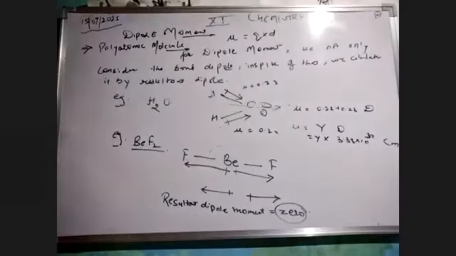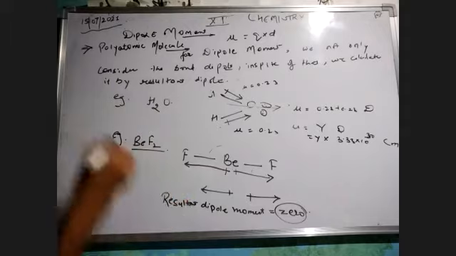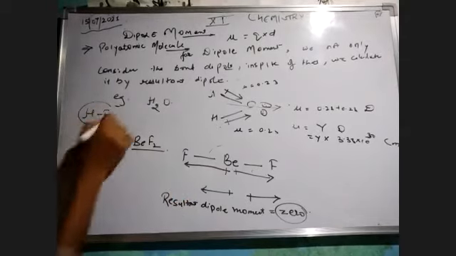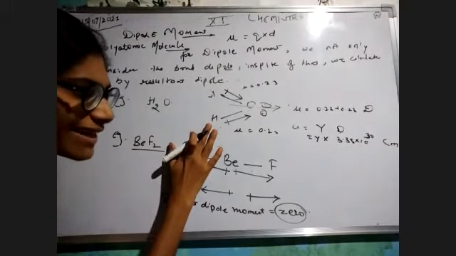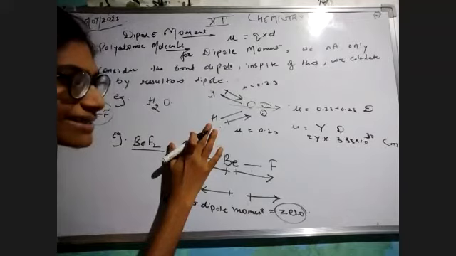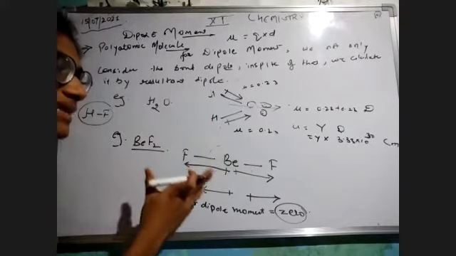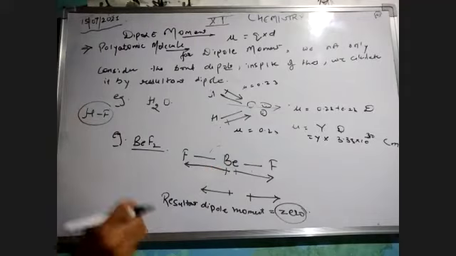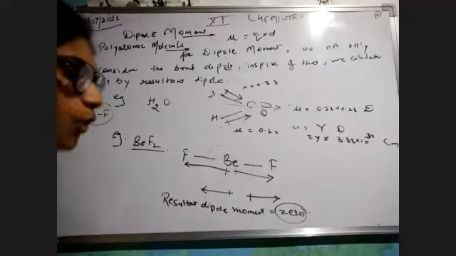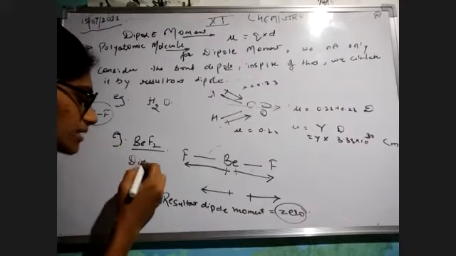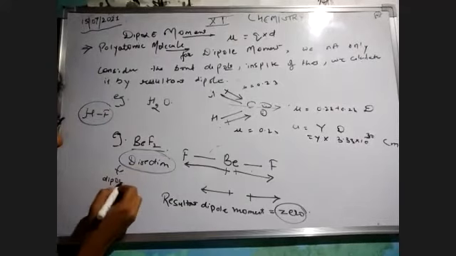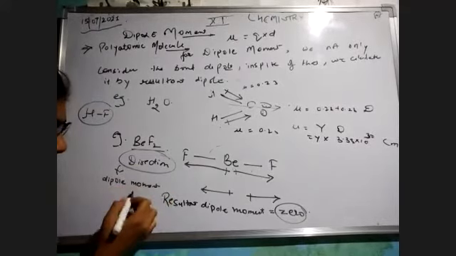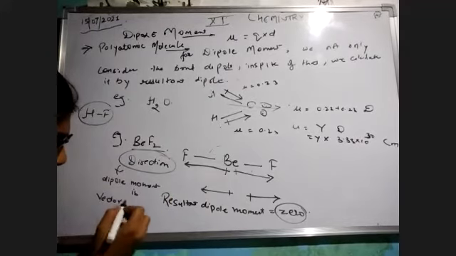Am I clear? This was the concept I was willing to tell you कि अभी तक हमने जो HF का केस पढ़ा था, it was simply like this. मैं सिर्फ इसकी बात करूं तो this is what was HF. We can easily calculate it by the charge and by the distance. Okay, but now if we combine with another atom, in that particular case, what would happen? We will check it out by the direction. और ऐसा क्यों हो रहा है भाई? Because dipole moment is a vector quantity.